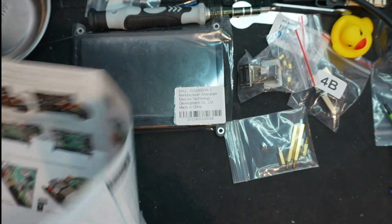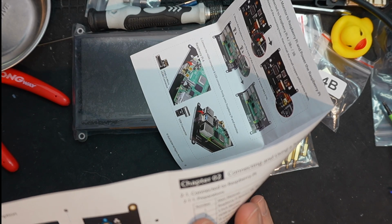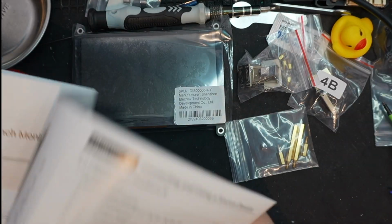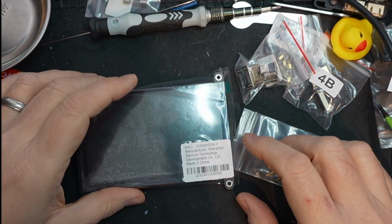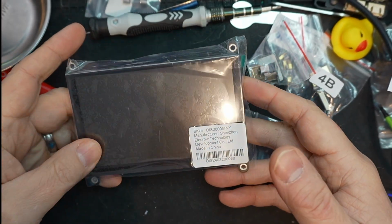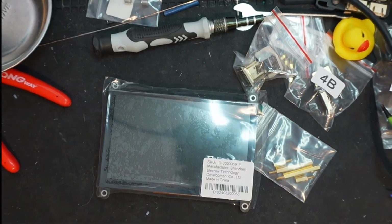But I'm just really, really impressed that this manual or instruction sheet is just so detailed. I think Big Tree Tech could learn a thing or two from that, where you actually have really good instructions and you give it to somebody where they don't have to search for it. So I have my screen, HDMI port, and what I should need to do is literally just switch over,